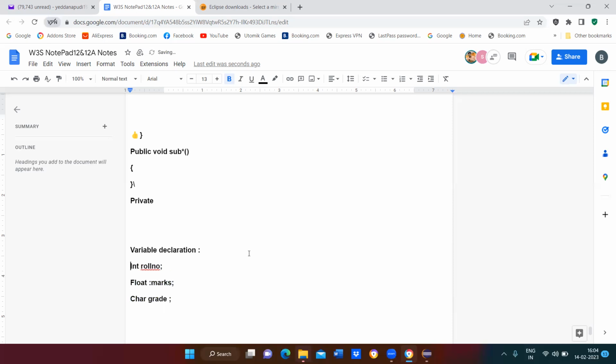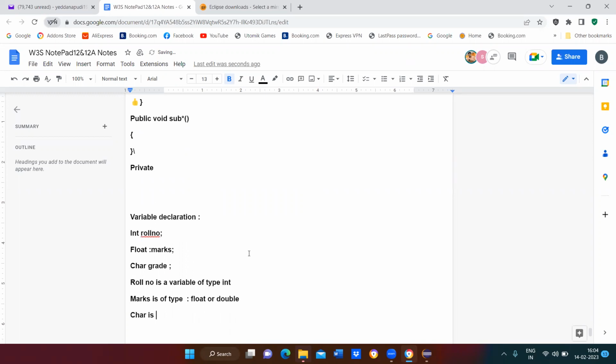Here, in the above, roll number is a variable of type integer. Marks is of type float or double.